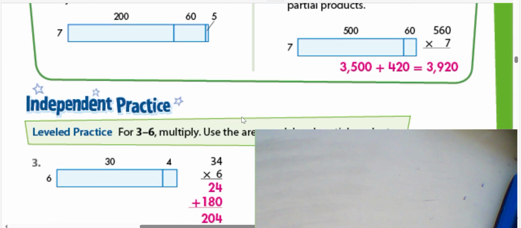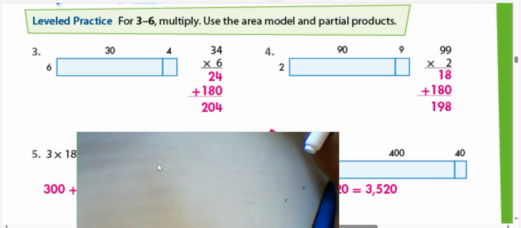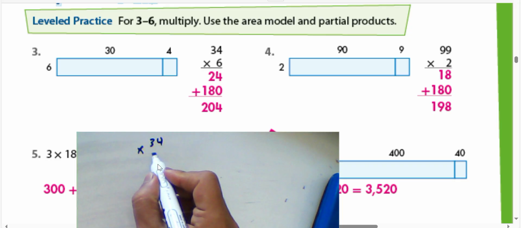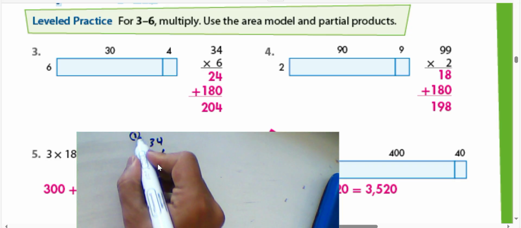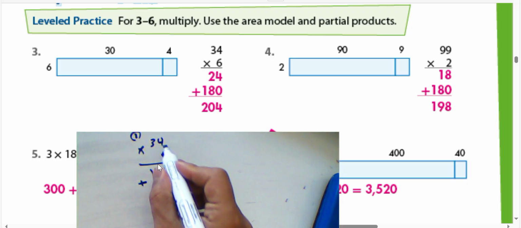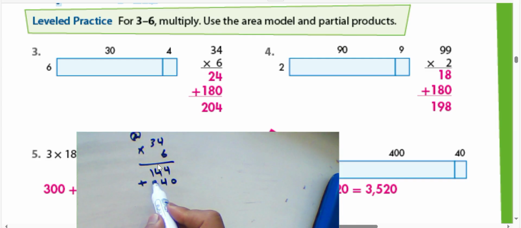Next question. Also, you can find the result between two numbers with the multiplication strategy. 34 times 6. 4 times 6 24. Write 4 and carry up 2. 2 times 6 12. 12 plus 2 equal 14. Plus write 0. 4 times 6 24. Write 4 and carry up 2. 3 times 6 18. 18 plus 2 equal 20. Then you can add together 4. 4 plus 4 8. 1 plus 0 1, and then write 2. The result will be,